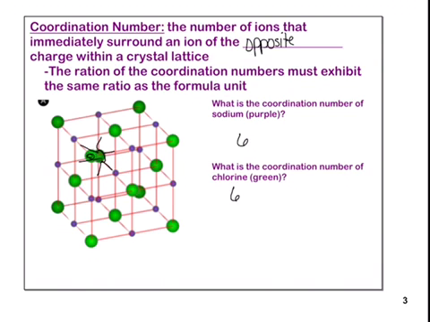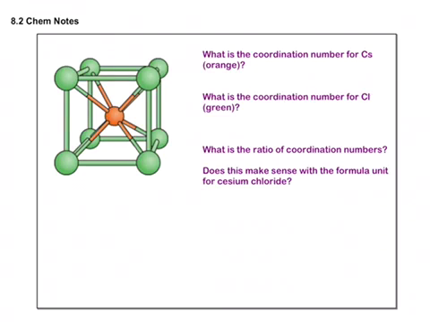And so what we're saying about the ratio of coordination numbers is that it has to be the same ratio as a formula unit. So our formula unit has a 1-to-1 ratio, so that means our coordination numbers must also have a 1-to-1 ratio. And so remember, ratios have to be in the lowest terms, and so our 6-to-6 ratio can be reduced to 1-to-1. So to practice that again, if we look at the coordination number here for cesium, cesium is